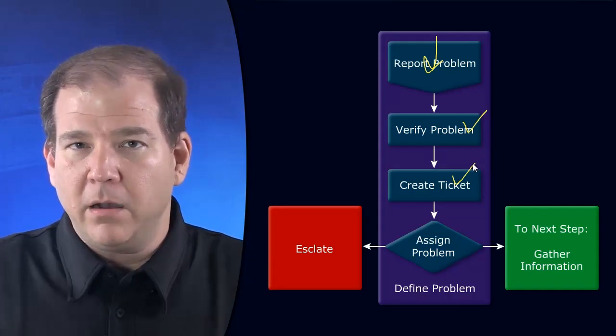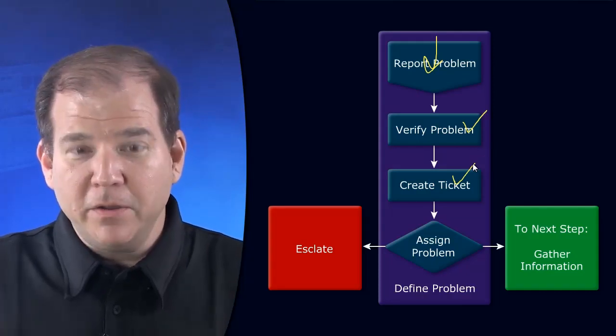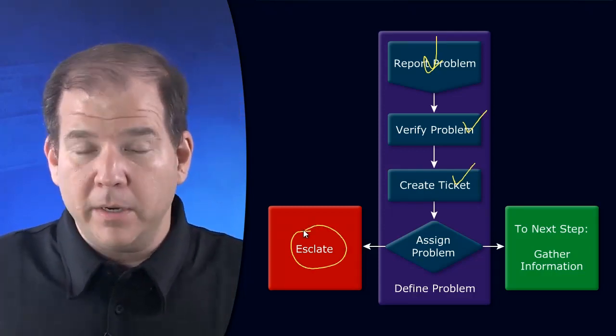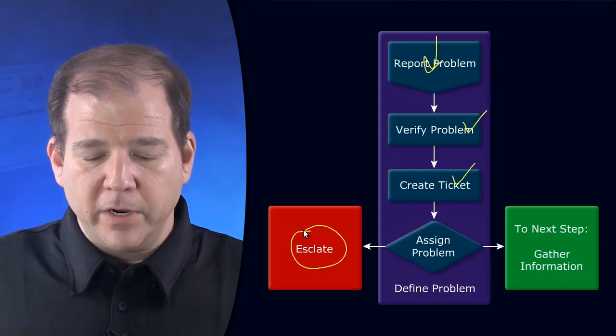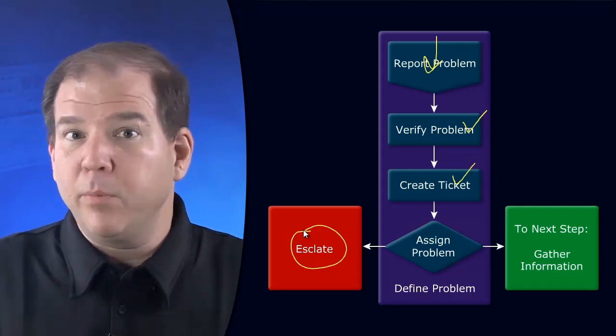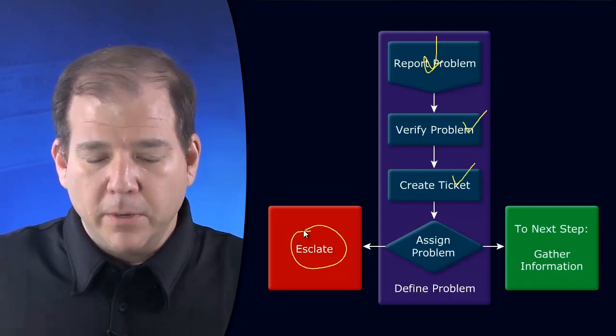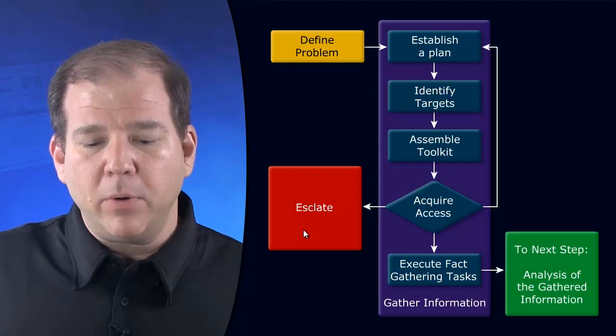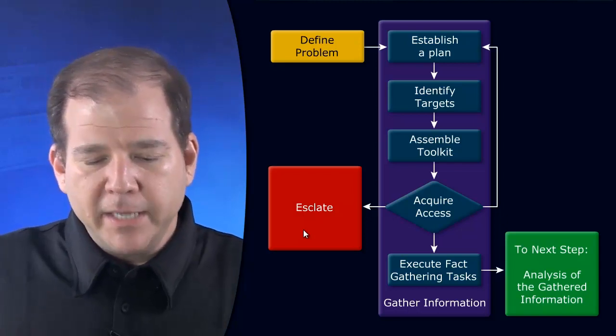a VLAN setting on a switch, we did not have permission to do that. We would have to escalate the problem. We would have to coordinate with that other department, and they could do the switch configuration for us. Maybe it's a situation like that for you, where you need to contact the appropriate person or personnel to get that problem addressed. Once we do have a clear definition of that problem, we've got it recorded in our ticket,